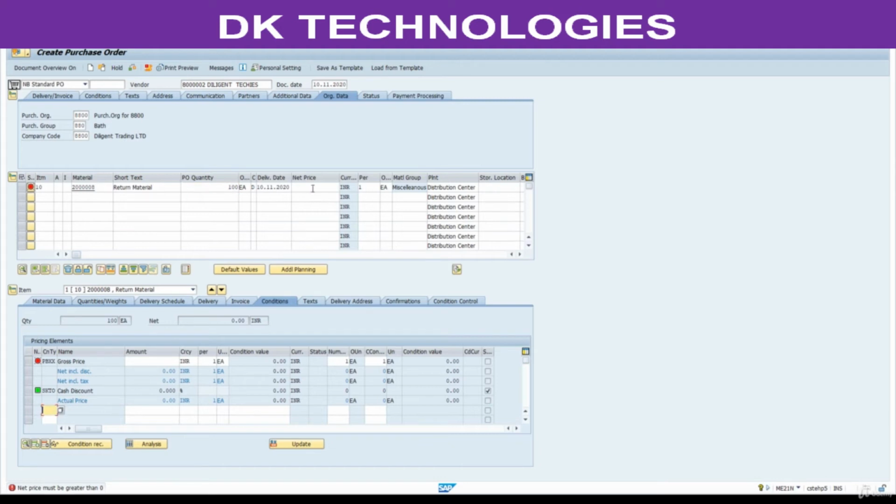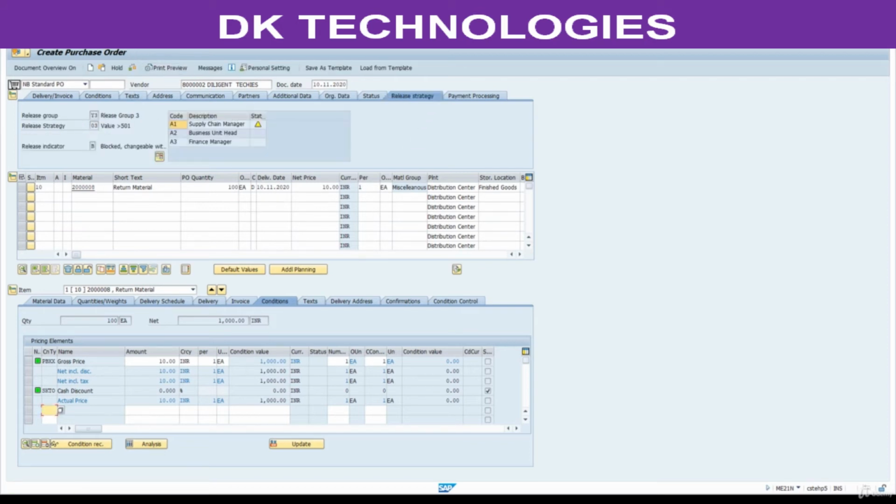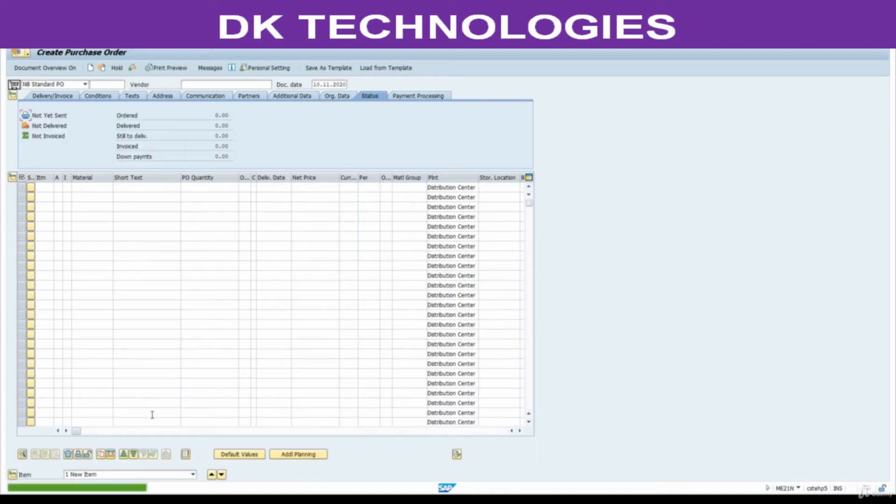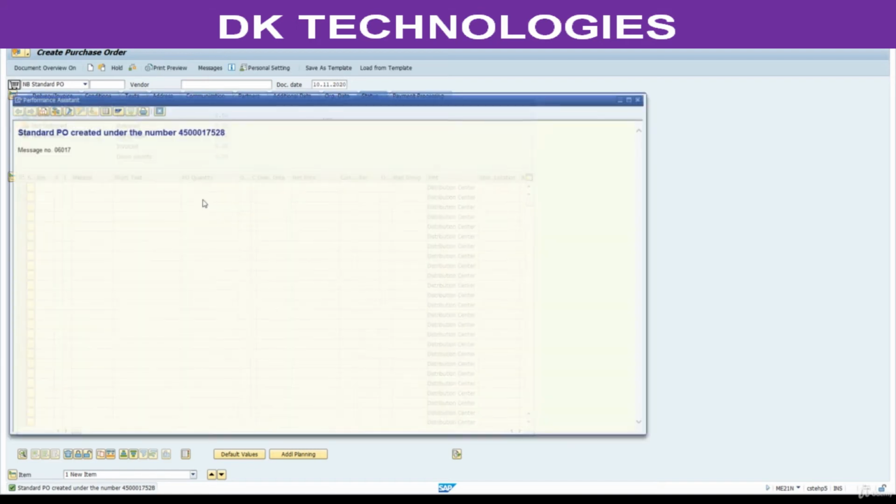Quantity 100. Price is 10. Check for consistency. We don't have any issue. We need storage location. Check this. We need to release this PO. Save this. We have successfully created this purchase order.